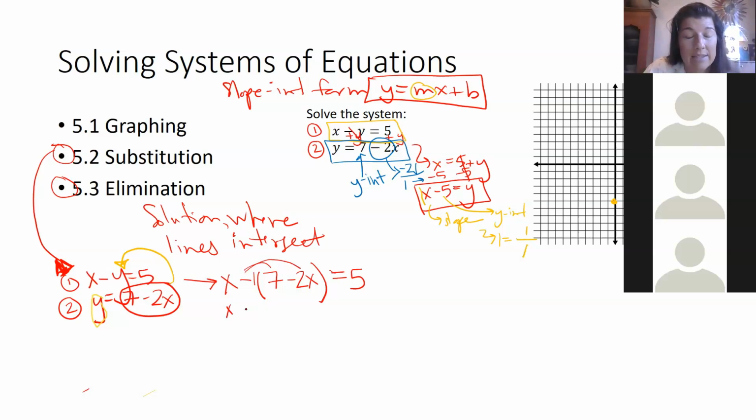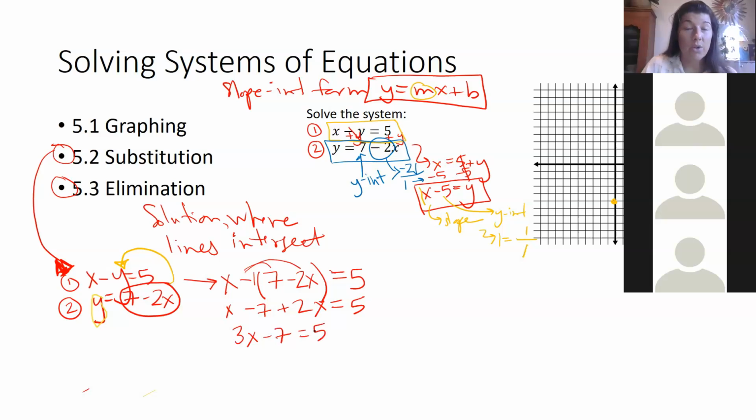We're left with x minus 7 plus 2x equals 5. What we're doing now is we're left with an equation with only one variable, an x. So we're going to be able to figure out what x equals. So use your algebra. Notice on the left side, I can combine like terms. I have a 3x minus 7